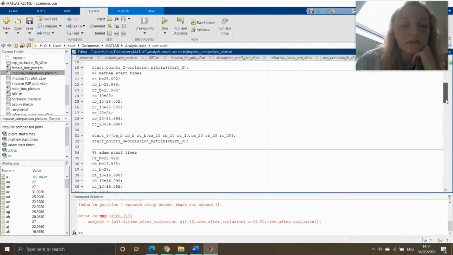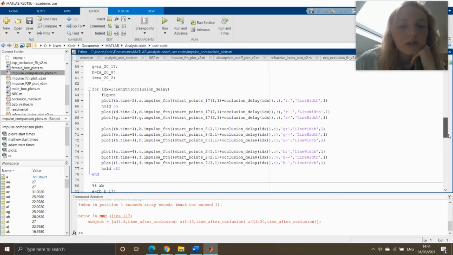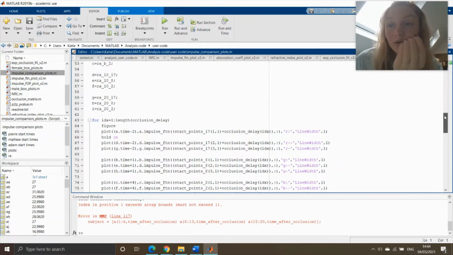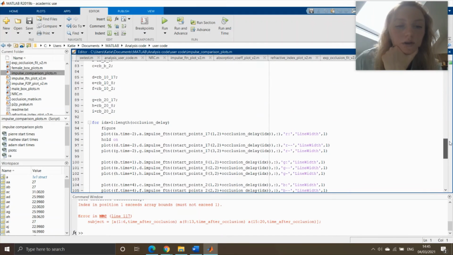So this is loaded, in fact, all of our male data. And what this is going to do is plot the impulse function for each of these on the same plot, making use of the theory behind that same impulse function plotting code,